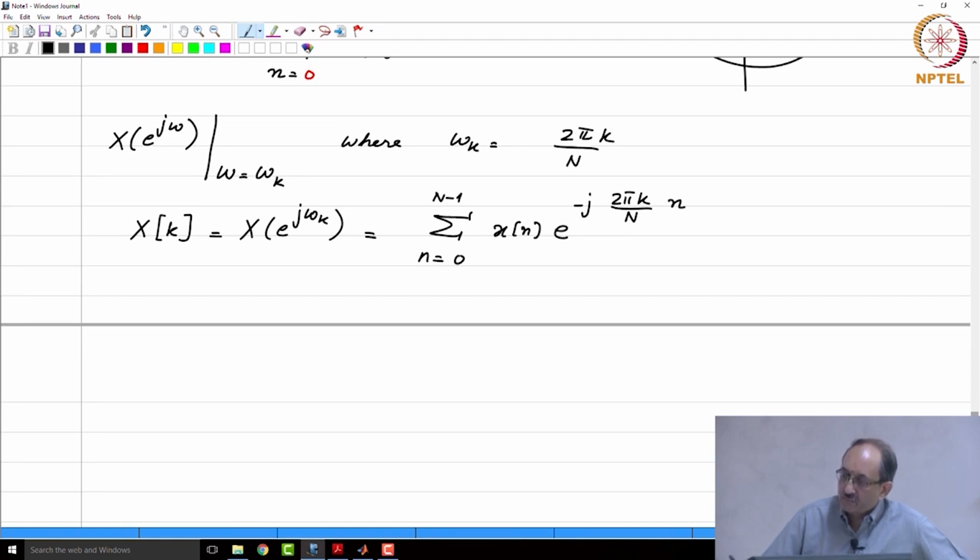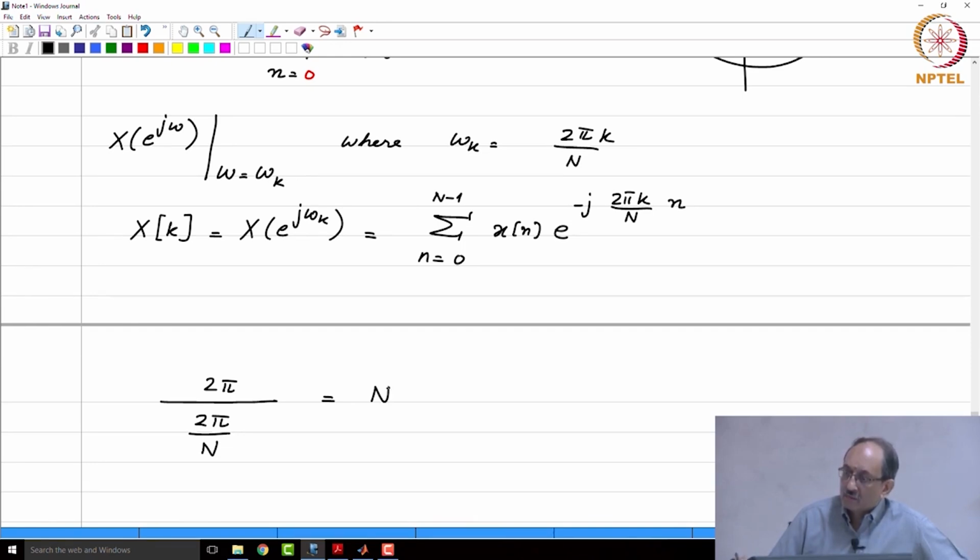Now, the spacing is 2 pi by N, and hence in the other domain it has to repeat by 2 pi divided by that spacing, and hence you see that the repetition in the other domain happens with a periodicity of capital N,